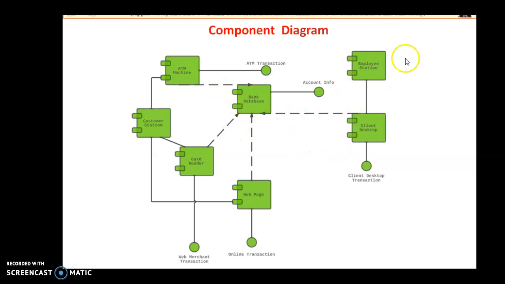You may not have the same system view as here, but it's totally your imagination. If you add another component, you can add it with the proper dependency. It is not necessary that this diagram should be the same as the online transaction system or any other transaction system. You may add your imagination, that's up to you. But it needs practice, so my suggestion is to practice.